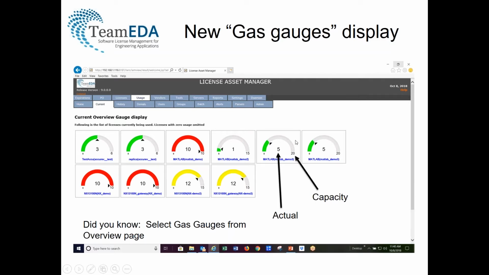And so you can show all of your features or tools this way, or you can be selective. If you only want to see your MATLABs, you can go back to your current overview and select just the MATLAB stuff, and then only the MATLAB stuff will show up. And then, of course, if you're doing that in the 8182,